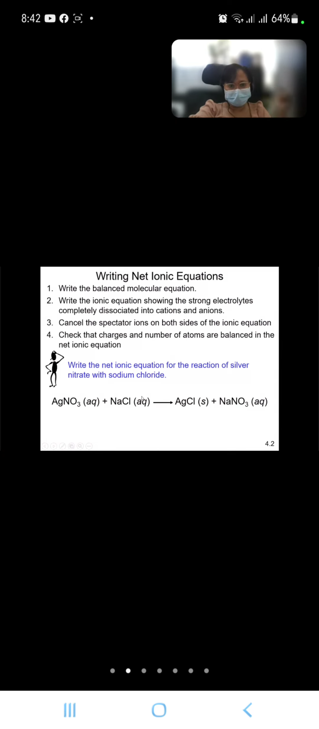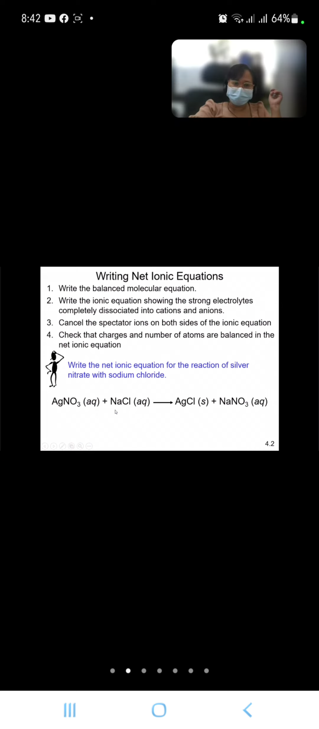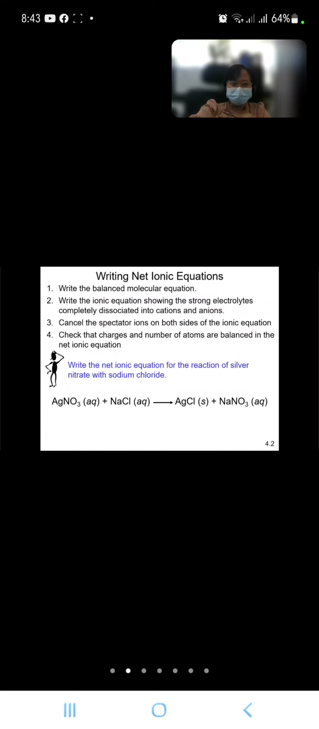So do not forget to write the physical state. So we have aqueous silver nitrate reacts with aqueous sodium chloride, producing solid silver chloride and aqueous sodium nitrate. Okay, so is the molecular equation already balanced? Yes, po. Balanced na. Then after balancing, let us ionize